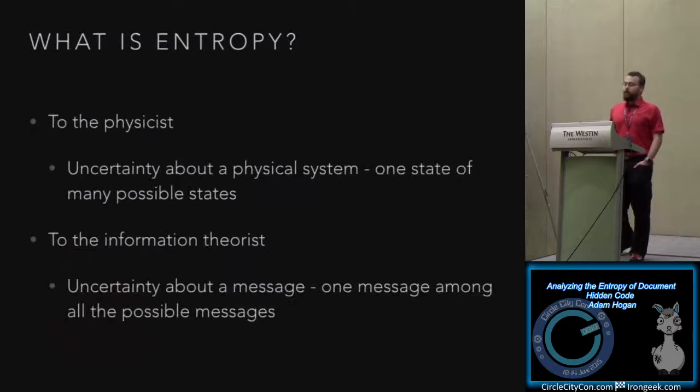And the way we measure that is entropy. Now, everyone's probably heard of that in the context of physics, right? In physics, entropy measures the uncertainty about a physical system. We have one state out of many possible states. Although,